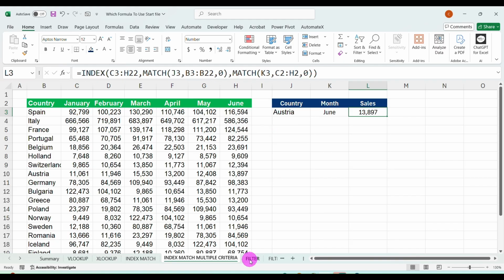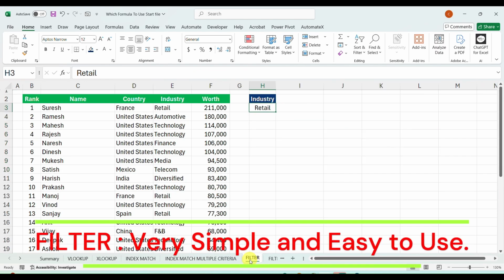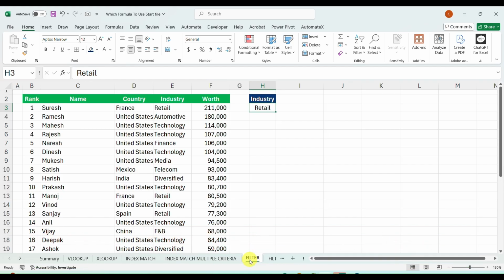Now, coming to another thing: what will happen if we need a result where the answer is multiple? Like you see, in case of industry, here we have retail. Again we have retail. So we have multiple retail here, and we need the answer for the worth of the retail industry. So what to do?